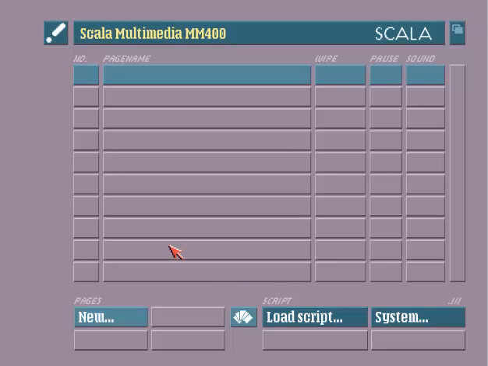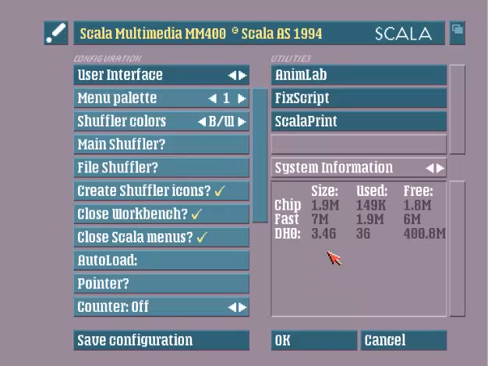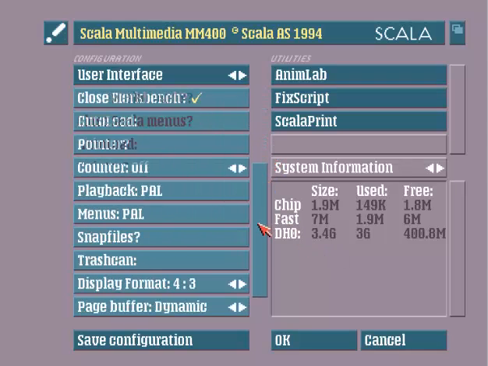This is your number, which is your page number, and your page name. Your wipes, which is your kind of transition between them. The pause, which is the amount of time between the pages, and the sound. Now, if we look at system, this will give us some extra info into the power of Scala, which is